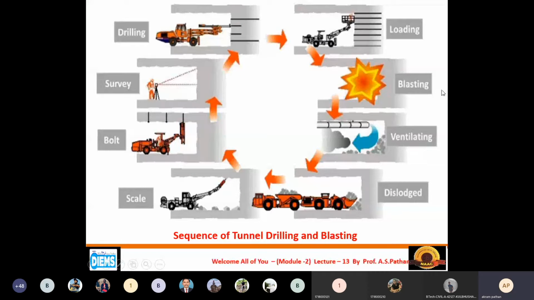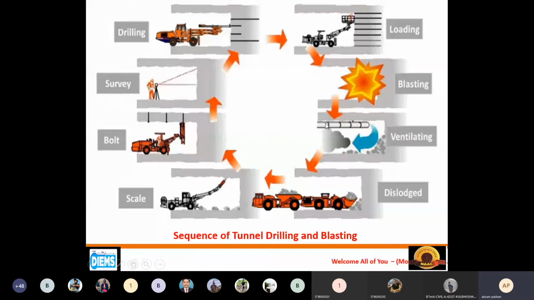Then after blasting, ventilation will be required. Ventilation means what? After blasting, some bad smell may enter the working area from the burning of the detonators.